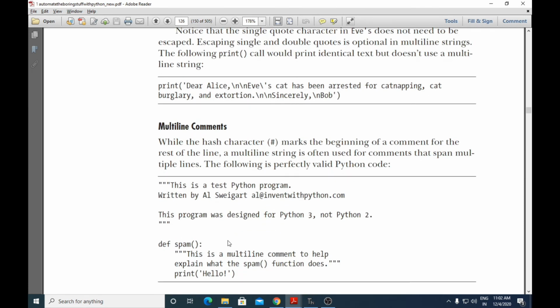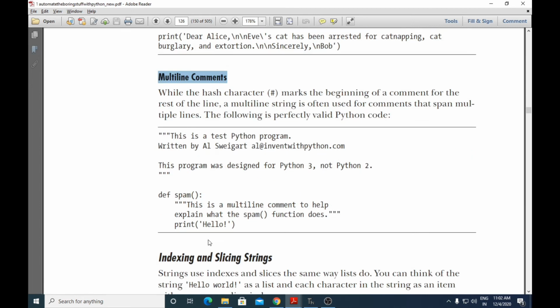Okay, then next we have multi-line comments. If you have many lines which have to be considered as comments, so you all know that comments are only for the reader to understand. It is not for the Python program or for the compiler. It has to be ignored.